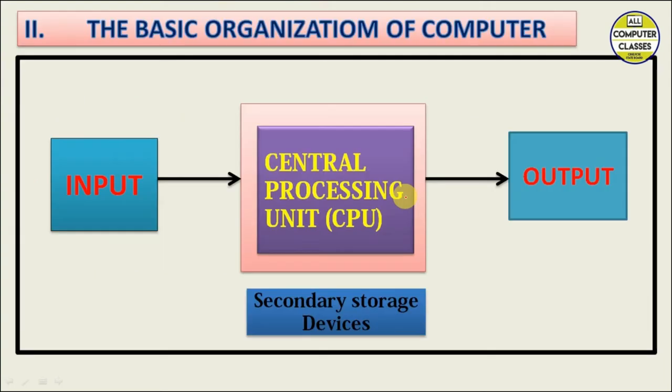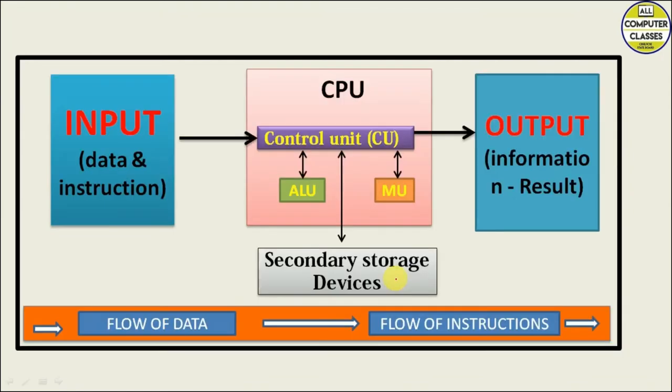Okay, next is the basic organization of computer. So how this machine is organized and how these components are communicating with each other. So the input is given to the central processing unit, which is called processor. Processor or CPU works on the input and gives the output, and then the given output is also stored, and whenever it is required it is retrieved. So this is a simple diagram, and this is a bit detailed diagram. So what is the input? Input is data or instructions.